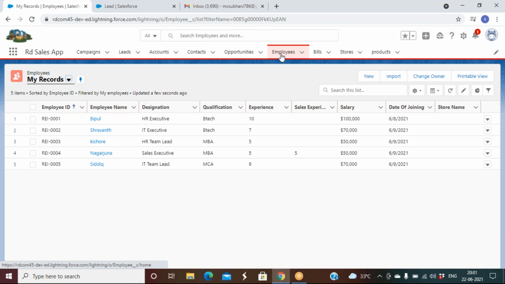So for that, we will be creating email templates. We can create four types of email templates: one is text, another is HTML, another is custom, and another is Visualforce. We'll see how we can create those email templates. And we can also use logos and letterheads, creating logos, creating letterheads, creating email templates. Once everything is ready, then go ahead and write the workflow.